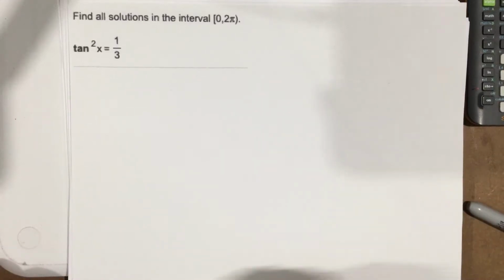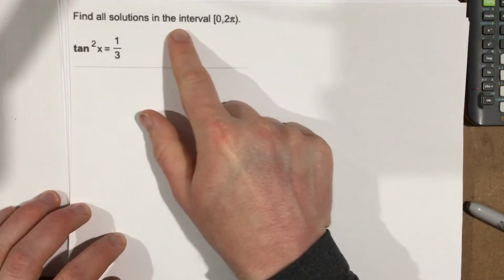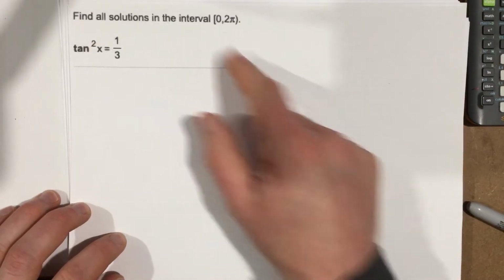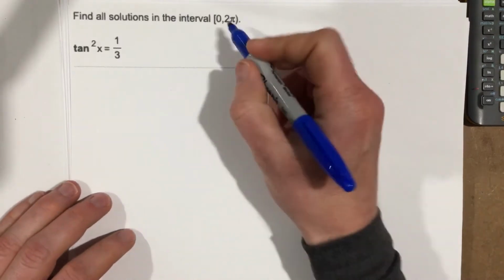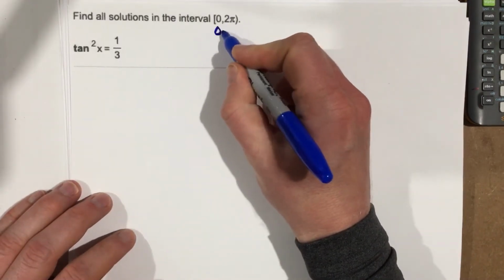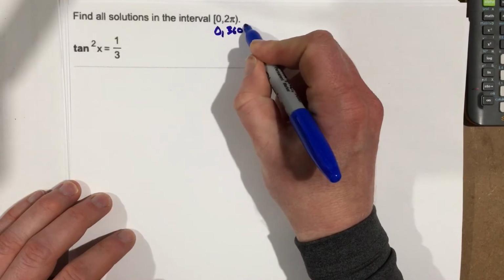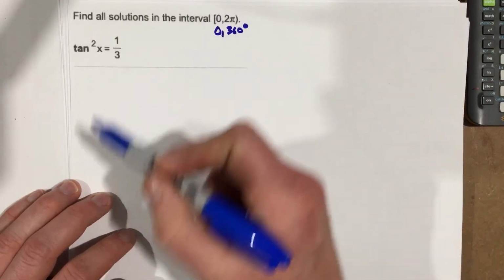This is problem number 2 from section 7.3. It says find all solutions in the interval 0 to 2 pi. Now, 0 to 2 pi, they're just talking like in the previous problem. They're saying this is from 0 to 360 degrees, meaning they don't want us to continuously spin around the unit